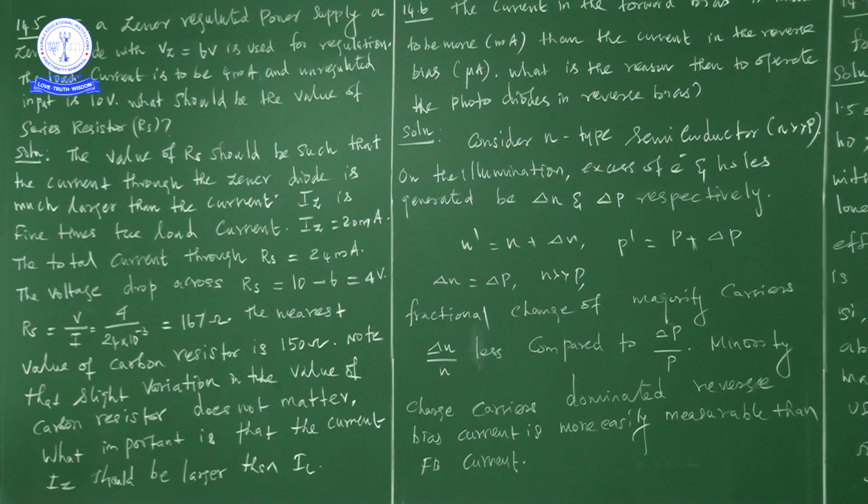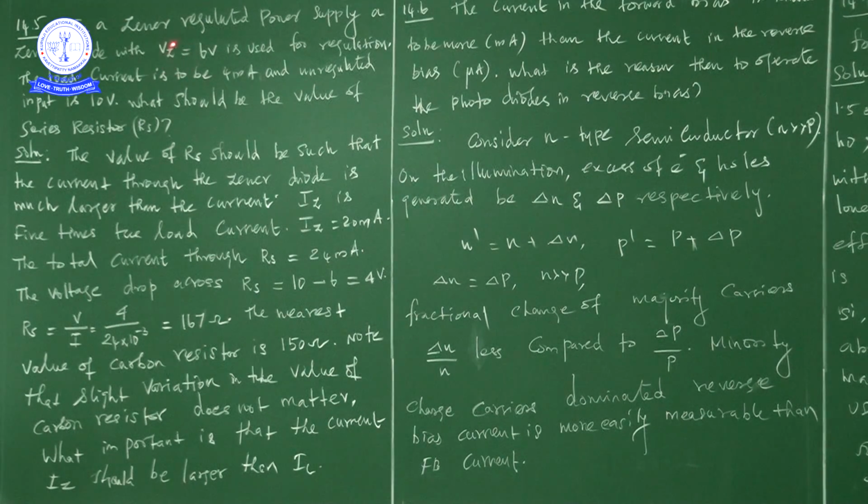So, at whichever place we take the output, we are taking the output across the load resistor only. When any instrument is connected parallel to the resistor, the potential will be the same because both are in parallel connection. And if any instrument is connected in series with the resistor,